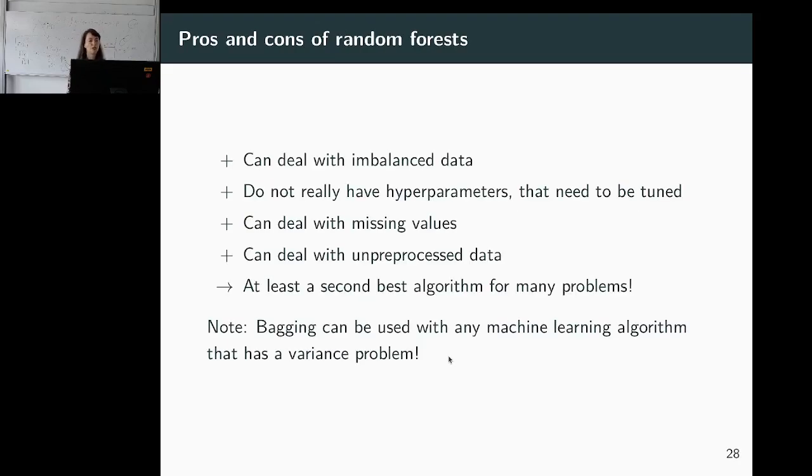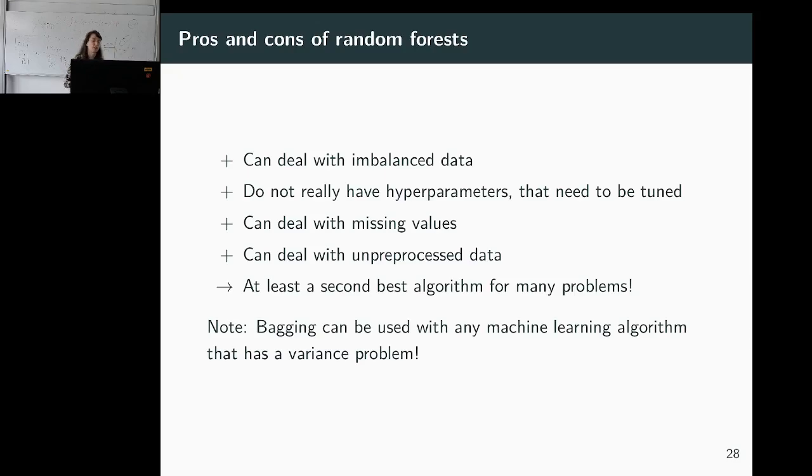And pros and cons of random forest: they can first deal with imbalanced data. You don't really need to care that your data should be balanced. Second, they don't really have hyperparameters that need to be tuned. Third, they can deal with missing values without a problem, and also with